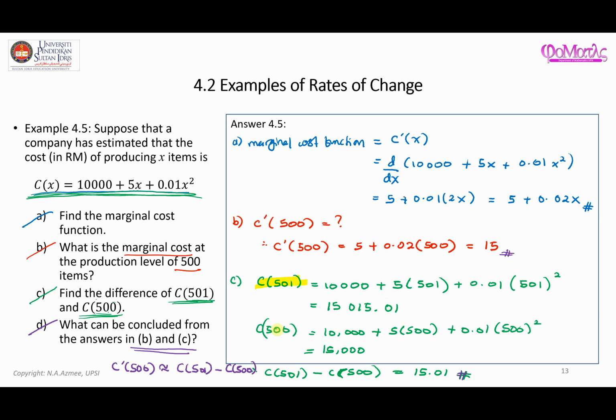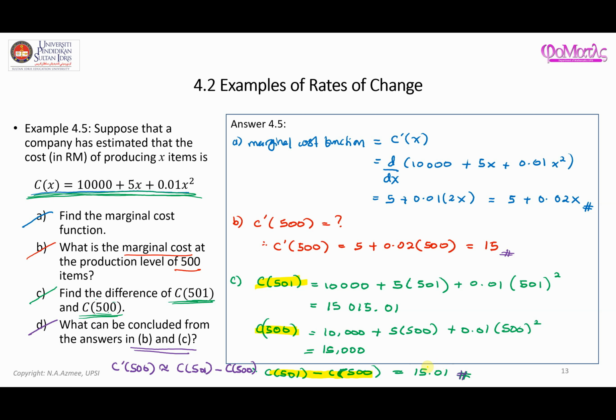Now what is the cost of producing 500 items? The total cost of producing 500 items is 15,000. So if I take the difference, the cost of producing 501 minus the cost of producing 500 items, and I get the answer 15.01, this basically means the added cost, the cost that is increased when you want to produce another one item,